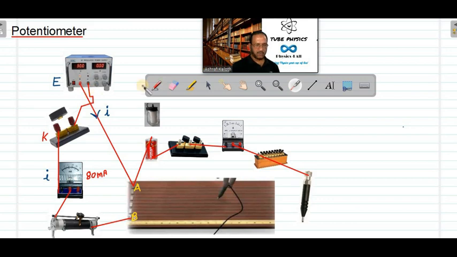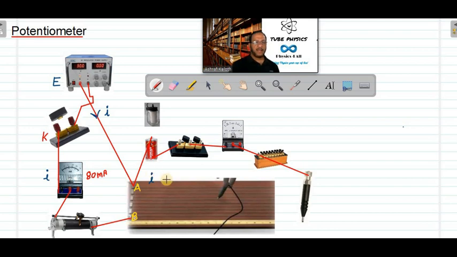Once again, the current enters from the positive of the power supply, that is the driver cell. From that, current flows this way. It comes to point A, then flows through the 10-meter wire, then leaves through point B to the rheostat, ammeter, key, and to the negative of the power supply. That is a closed circuit, and the current flowing in that circuit is I ampere.